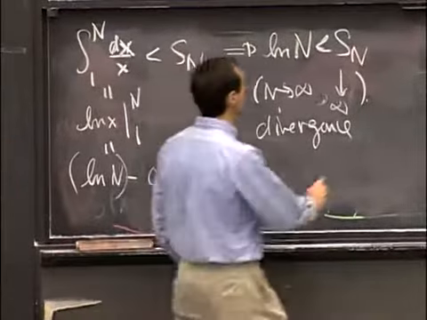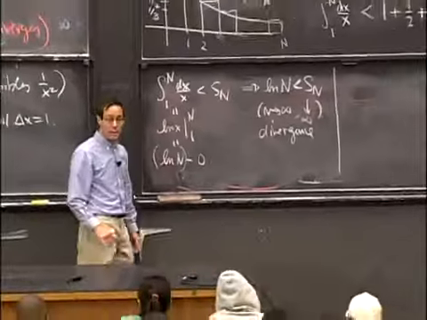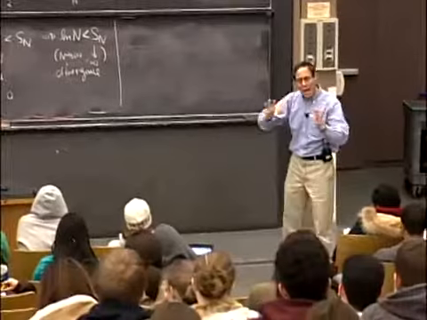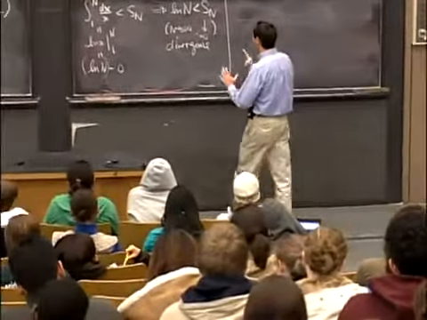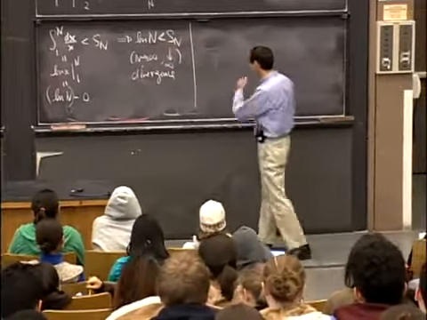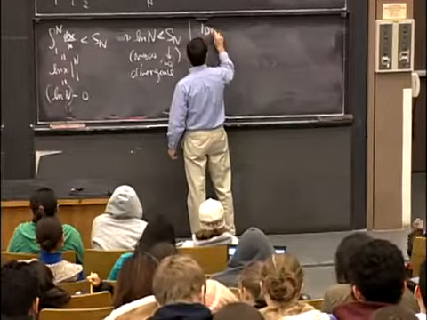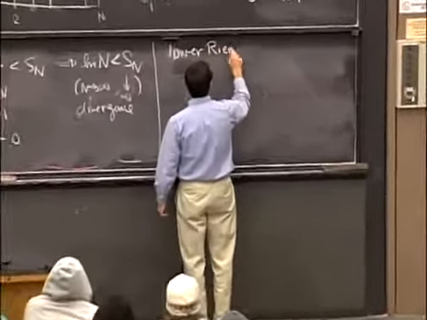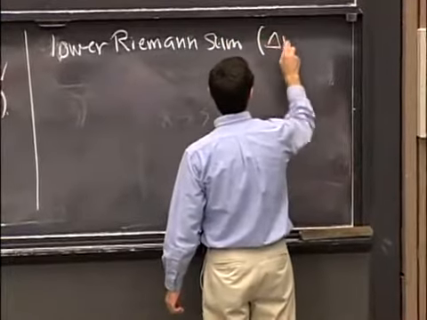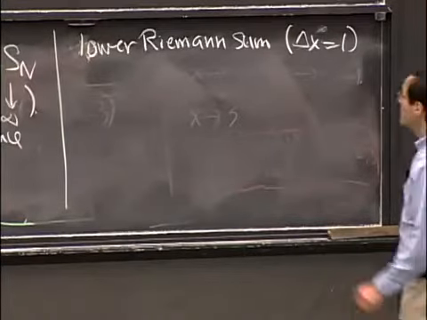Now, the way I'm going to use the lower Riemann sum is to recognize that we've captured the rate appropriately. That is, not only do I have a lower bound like this, but I have an upper bound which is very similar. So if I use the lower Riemann sum, again with delta x equals 1,